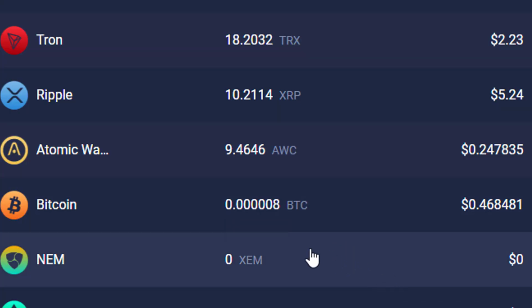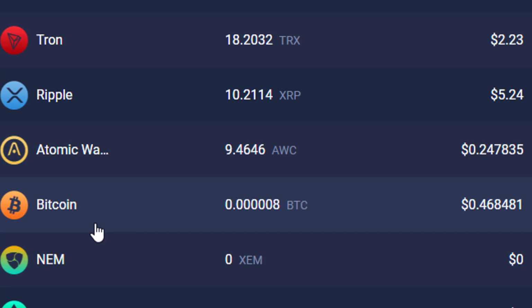And by the way, once again, you can see in my Atomic wallet, very little Bitcoin, only about 46 cents worth. When we come back, you should see about $48 or something to that effect that I'll be receiving. Maybe less, with a few extra fees on the receive end. So we'll be back in a few minutes.